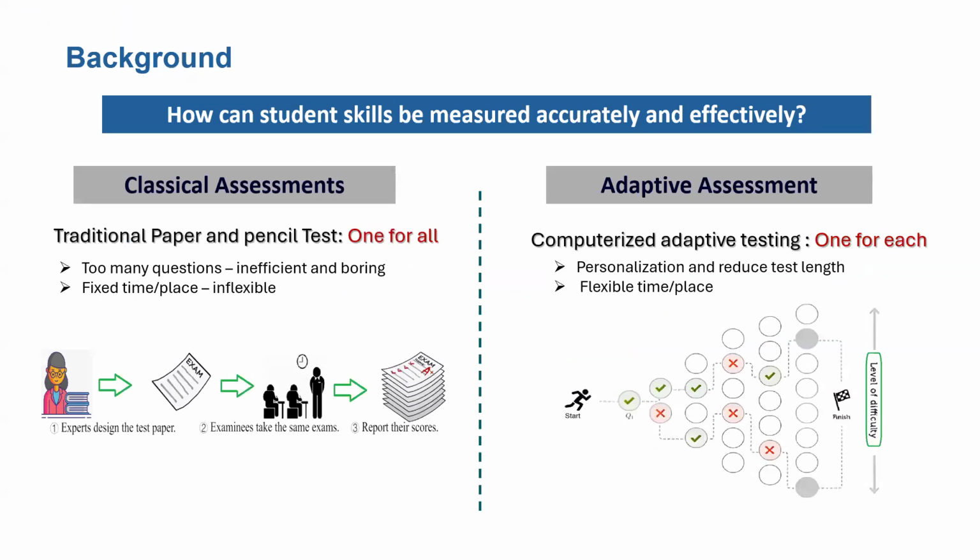Background. Classical or adaptive assessment is commonly used to solve the problem of how student skills can be measured accurately and effectively. Assessment traditionally used a standard approach in which all learners are assessed in the same way. In this context, a test is composed of a predefined number of questions of varying difficulty. The time taken for the assessment is fixed and predetermined, and the mark obtained is used as a measure of